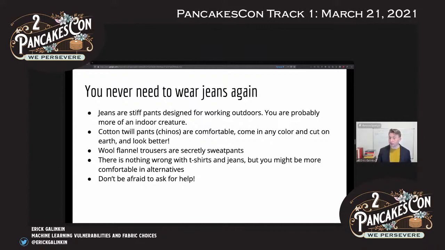Wool flannel trousers are secretly sweatpants. Nobody will know. The outfit that I'm wearing is basically a t-shirt and sweats, but nobody knows. And it's great. It's the best secret on earth. And there's nothing wrong with t-shirts and jeans, but you might be actually physically more comfortable in